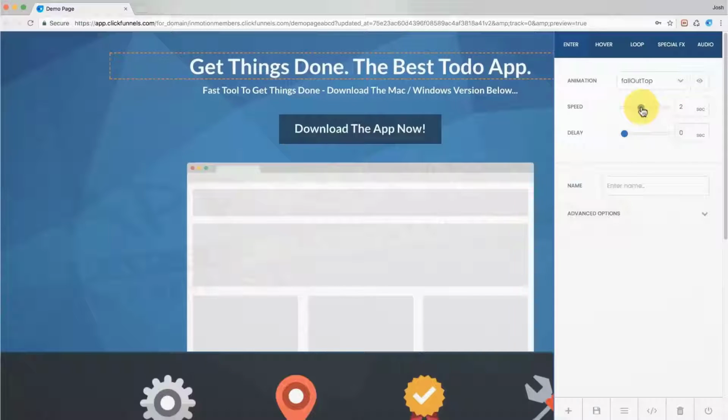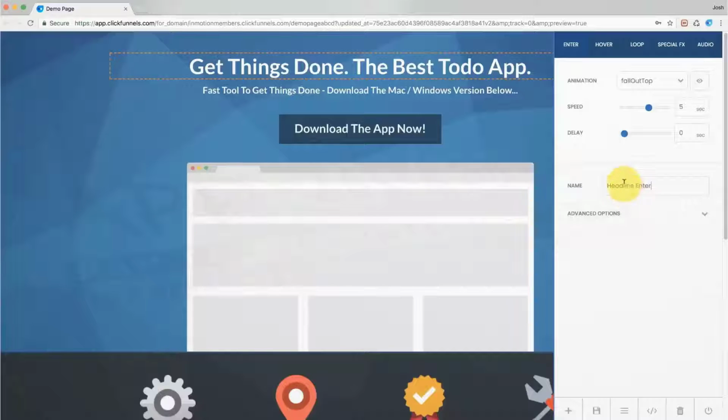And then what you would do is simply go ahead and adjust the speed. If you want to make it slower, just bring it up to the right like this. You can also manually type in a number, so I'm going to type in maybe 1 to make it really fast, or maybe 5 to make it really slow like that, okay? You can also delay the animation so that when the element appears on the screen it doesn't actually start animating for a certain amount of time, but I'm going to leave that at 0 for now, and I'm going to give it a name. So I'm going to call this one headline,